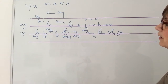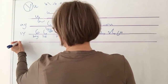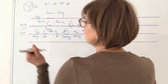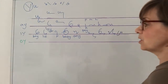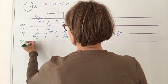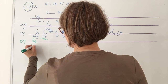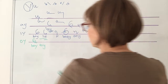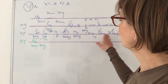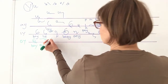So when do you use the Y again? You use the Y as it is at the beginning, and I'll change colour pen so you can see it a bit more clearly. If it comes in the middle or at the end of a word, Y represents the sound oi, as in boy, toy. So you see a real proper Y and it's representing oi. And if you just see the vowel, it's just representing the sound and you don't need to put the Y in. In the middle, you've got